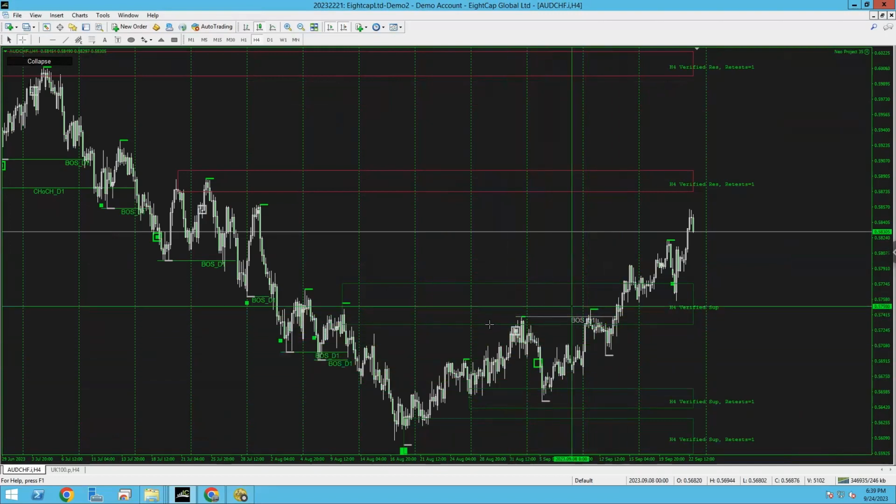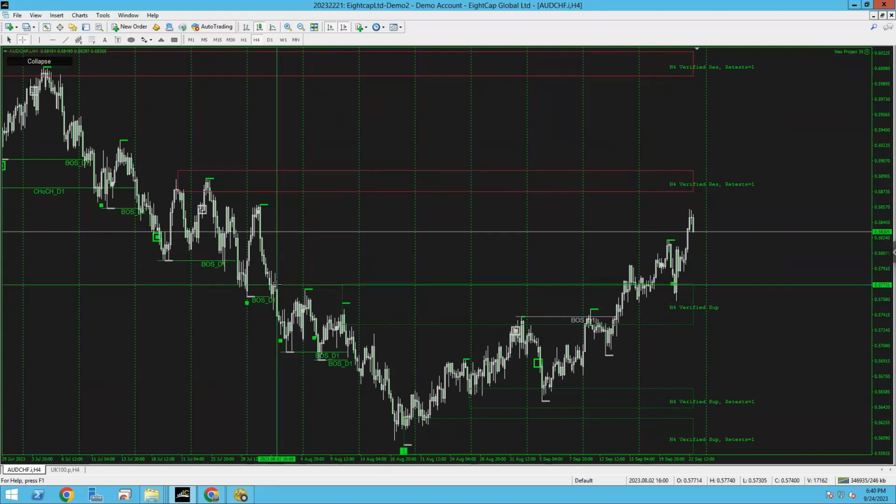Now, I've explained this before to every single person. Daily breaks of structure can only be read on any indicator. I've gone through them all. Smart Money Concepts too. I know everyone says, oh, Smart Money Concepts has this as well. Smart Money Concepts is not showing you every order block. It's not showing you every supply and demand. And that's not me slating the company. It's a very good indicator, but it's not showing you every one.